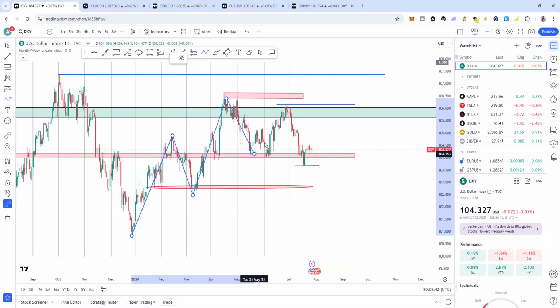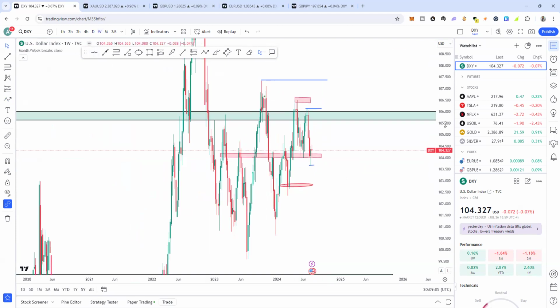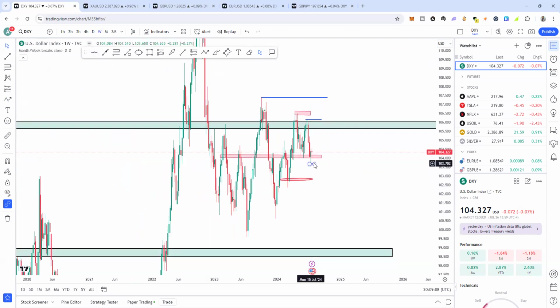Then we came down, and now we are creating what looks like another support around there, which is around 103. If this support holds, we might have price take out this high again. However, if this support doesn't hold, price will come and test this new support. If you look at what we had on the weekly time frame, we have the market form the support, and this past week, price didn't come near this area.